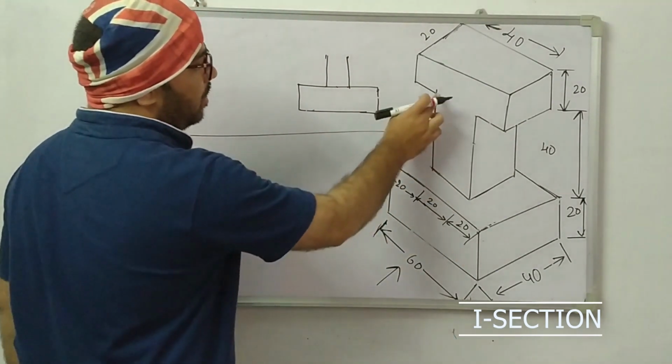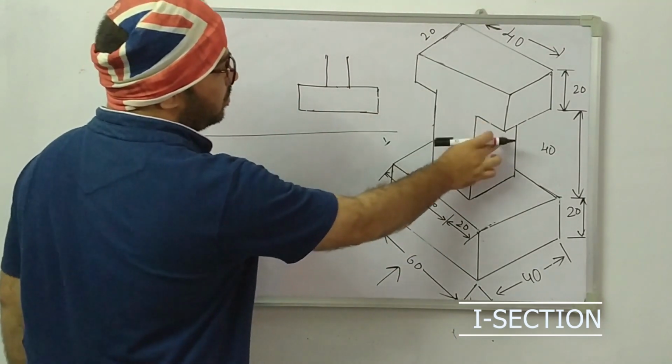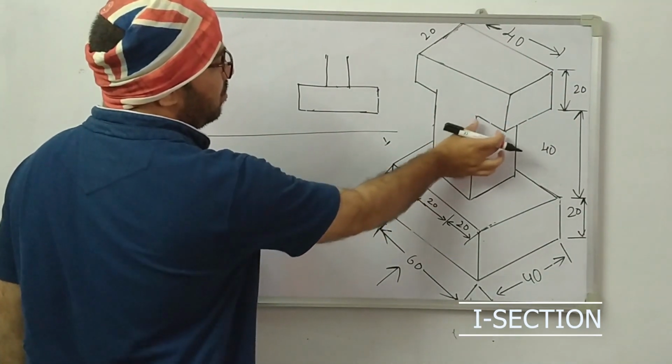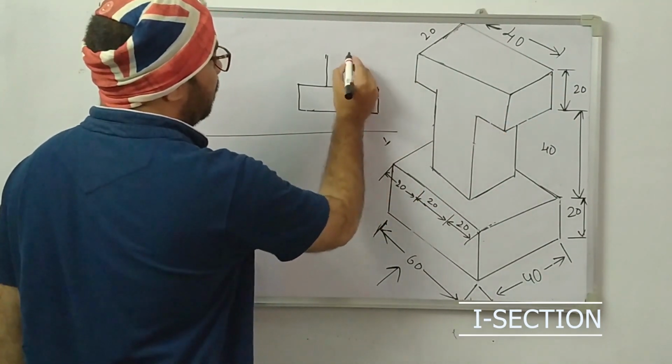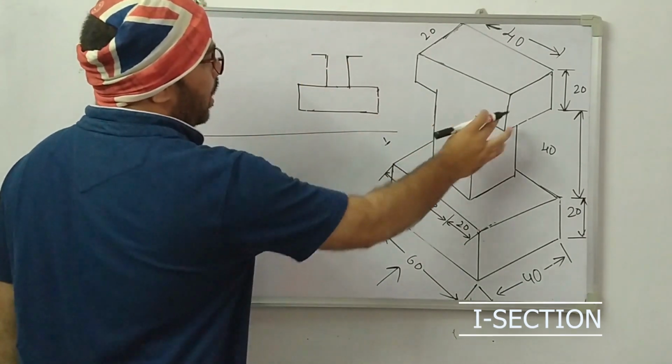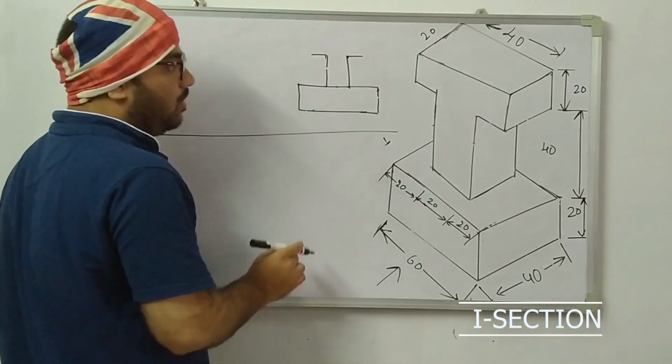Next, here we see this shape. This total length is 40. So this is already 20. So give the equivalent shape. This is 10 mm. From here onwards, give 10 mm height, 10 mm length, and 10 mm length. And what is this total height? This total length will be 20.